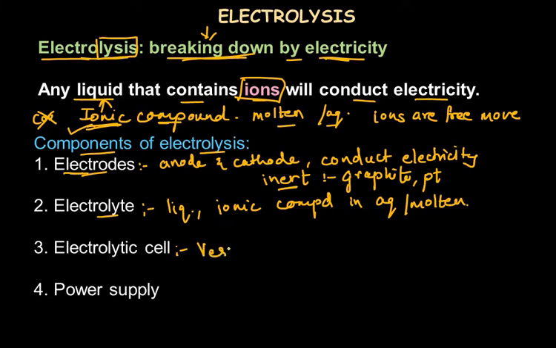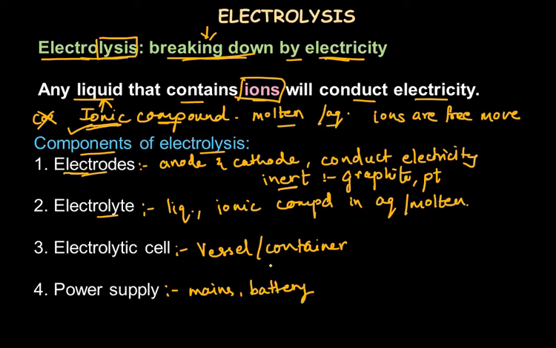That's the vessel or the container in which the electrolysis is carried out. Other than that, we need power supply also. Power supply can be the mains power supply, or we can even use batteries